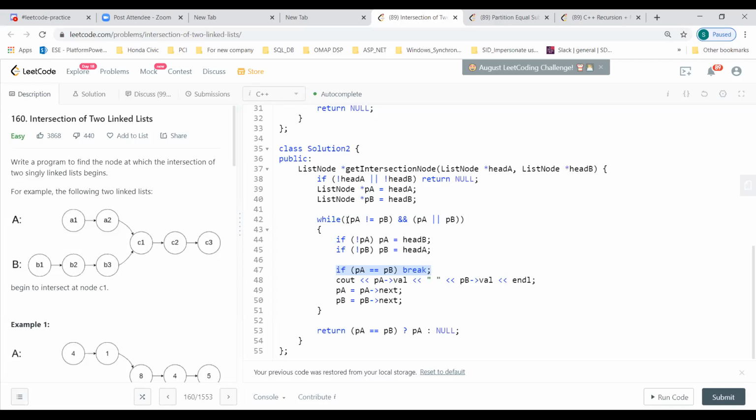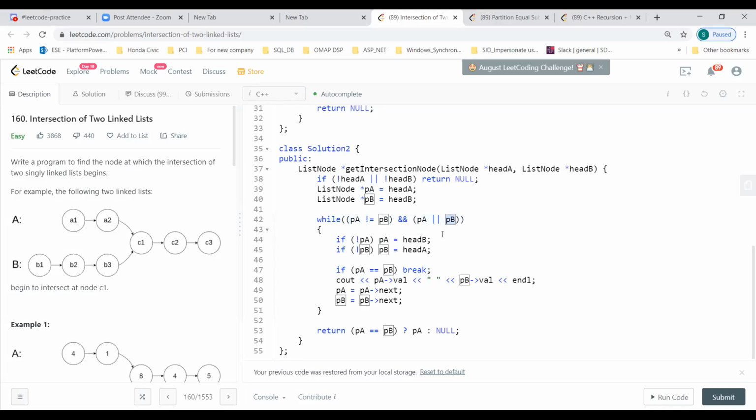But when you're traversing in your while loop, you can always look for whether they are not the same, because if they are the same, we don't want to go further. That is the intersection point. Either they are null or we find an intersection point. Also we need to check that at least one of them is not null.